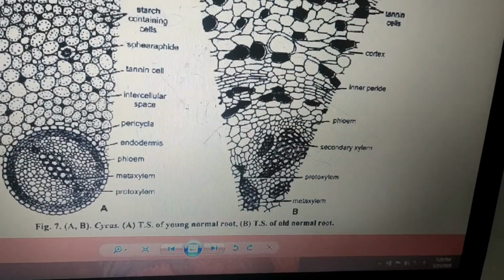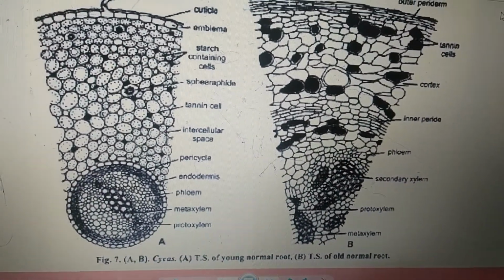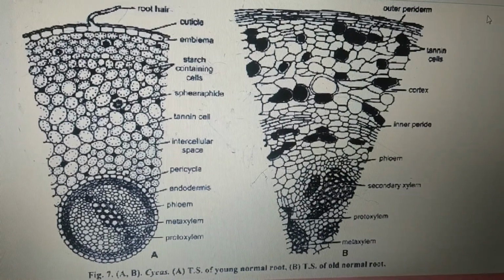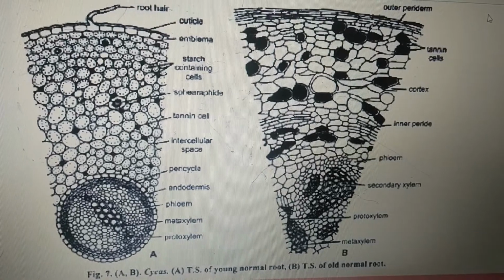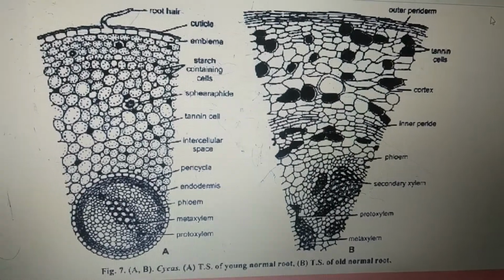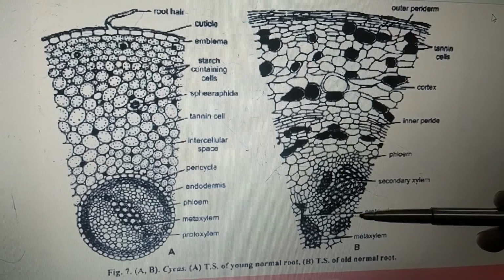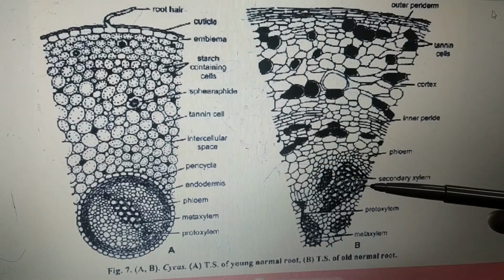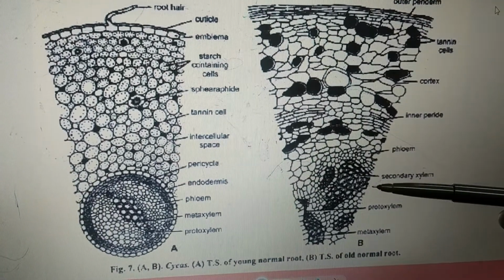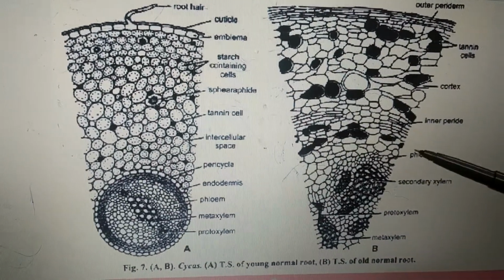Now speaking about the secondary growth, the mature normal root shows secondary growth. For a description regarding this, please follow my video which has a detailed description of the secondary growth, both extrastellar as well as intrastellar growths. The same thing is here. In the region just below the endodermis, which we call the stellar region, intrastellar growth leads to the formation of secondary xylem and secondary phloem, which has not been shown here.